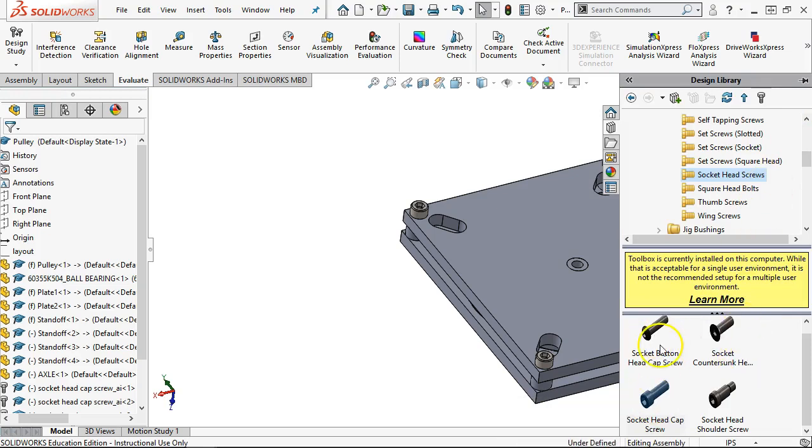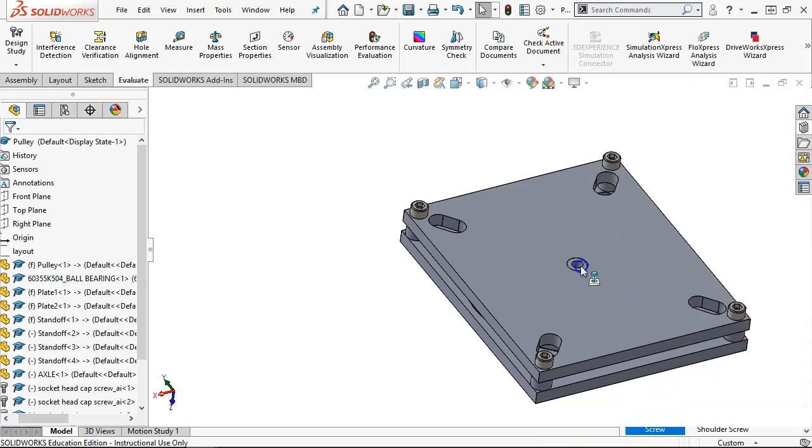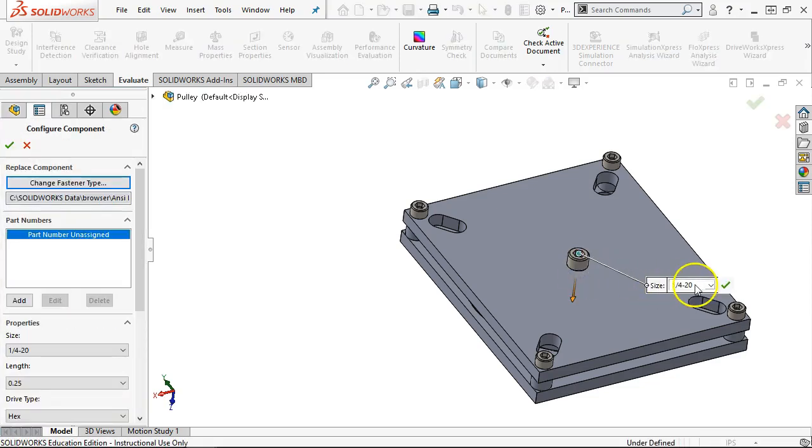When I drag, yeah, I'm going to stay with the socket head. I want to see what it looks like as far as size. Well, it's pretty much, well, let me see if, there it goes. All right, so it found the 1/4-20. I really haven't done anything with it. All right, so if I go ahead and accept it, then,